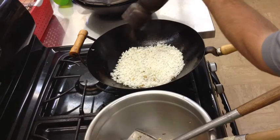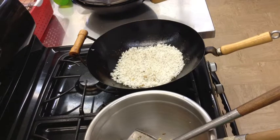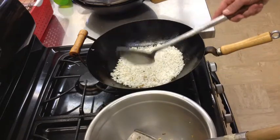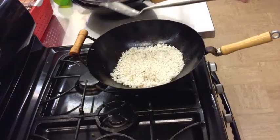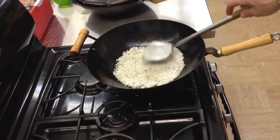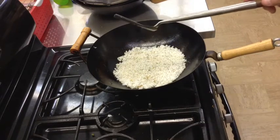Now, this is a smaller batch of only 2 cups. If you're doing a 4-cup batch of rice, everything else would have been doubled. But when you get to the rice, being 4 cups, it might be a little bit more than what we can fry off at one time. So you may have to actually do the fried rice portion of it in stages, and then just add it. Everything's going so quickly, we hope, that the food that's sitting in the bowl off camera is not